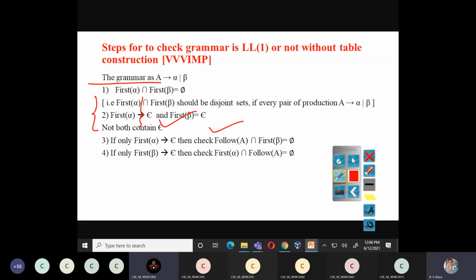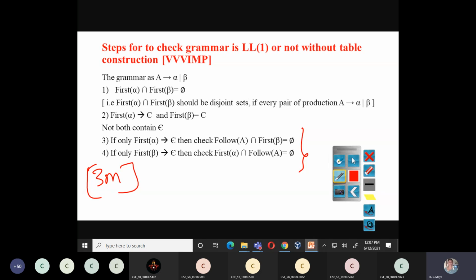This is a very important exam question. We will be asking for the rules also. The rules also carry 3 marks. So you have to write how to check whether the given grammar is LL1 without a table. Then you have to write the rules. The rules are very, very important. You have to remember the rules. These rules are used in my program.